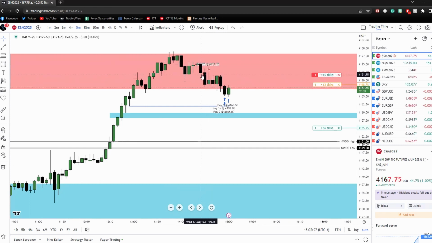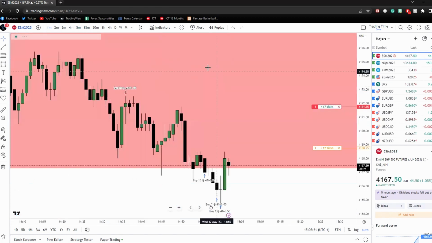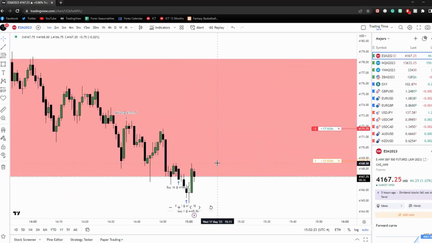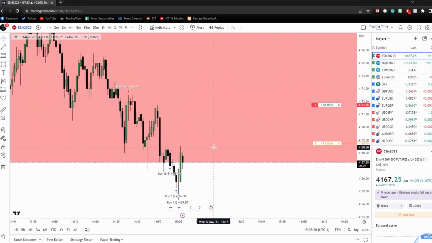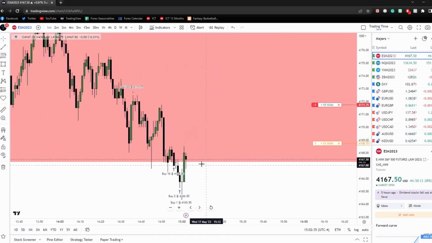Drops lower, trades back up into this. I take my sell, sell this a little bit, drops lower, take my profit out, and we're holding for this low here, right? Or even this low here is what I'm saying. The imbalance or fair value gap right there, right? So price did come relatively close to the stop, but did not stop us out. It was literally one tick away, literally. Right? 41.68.5, stop 41.68.75. So we see price come up higher, kind of close in this candle, which I don't